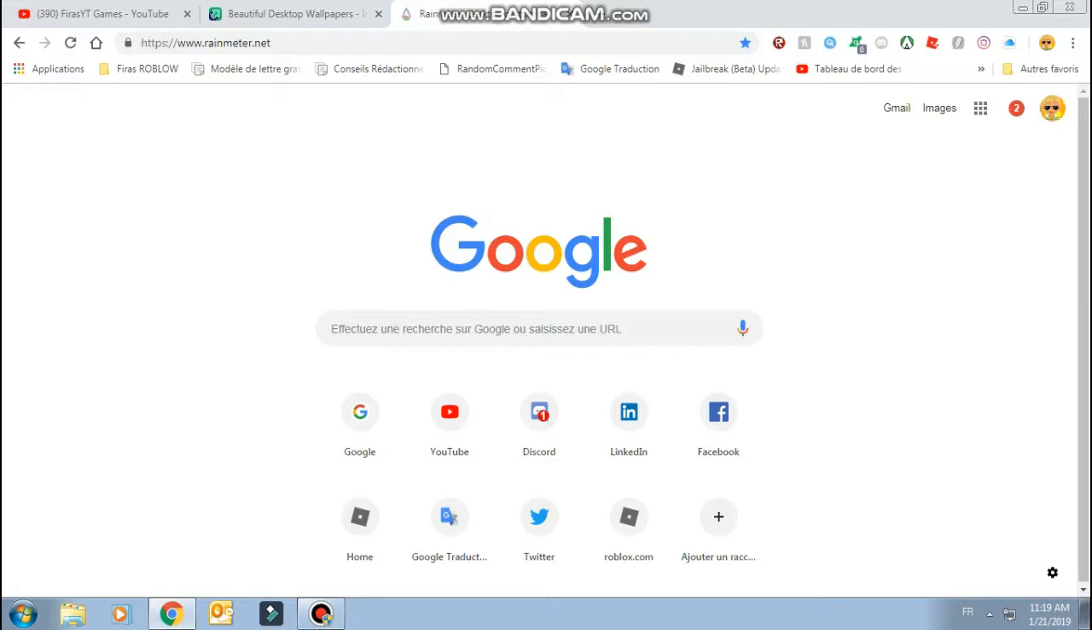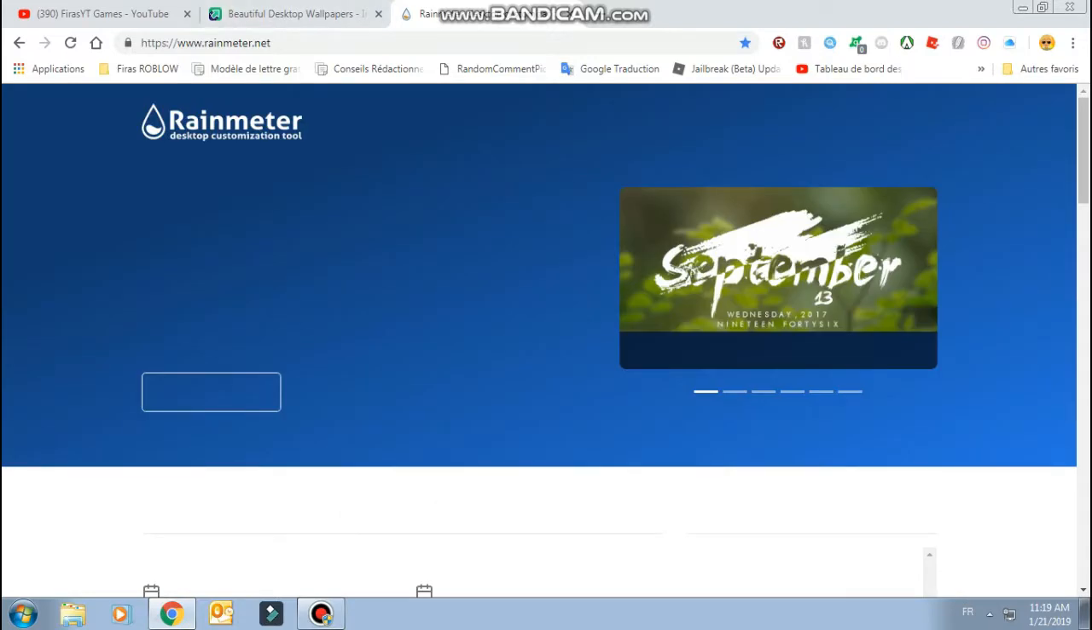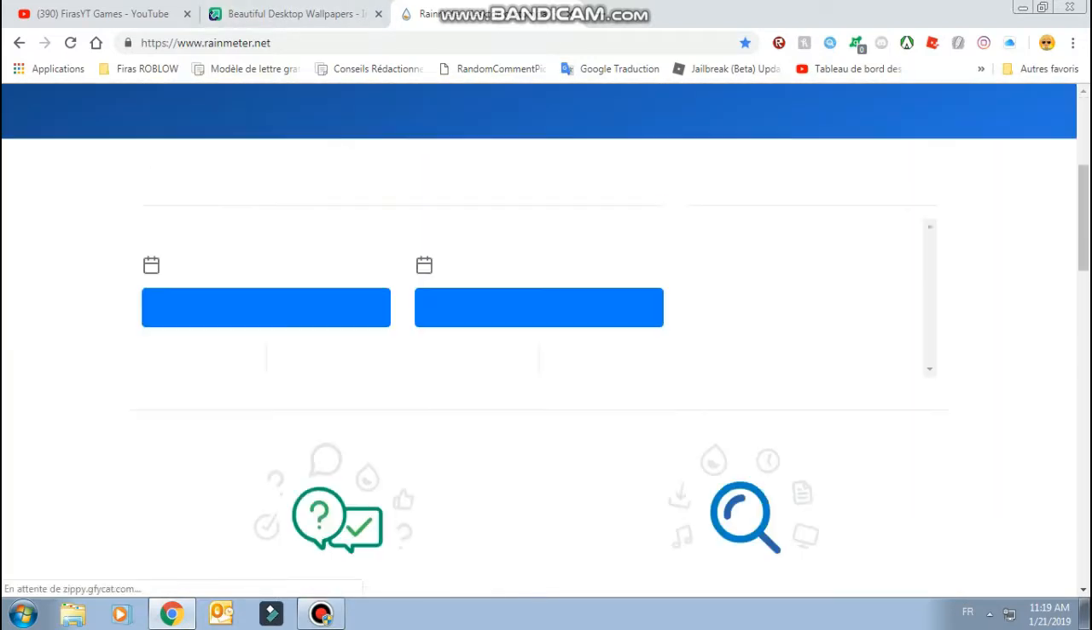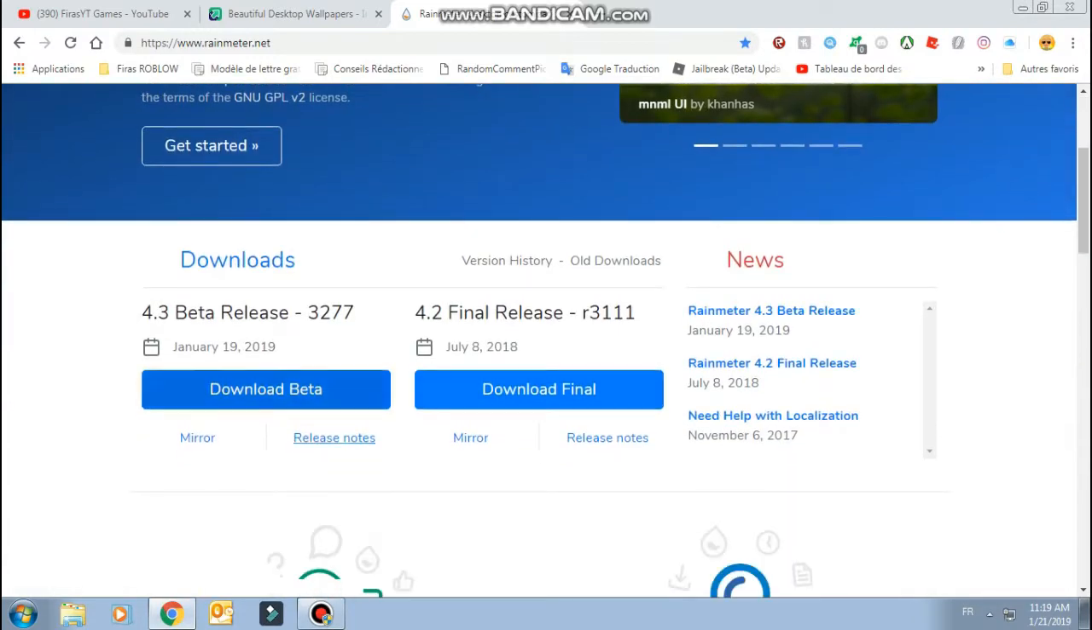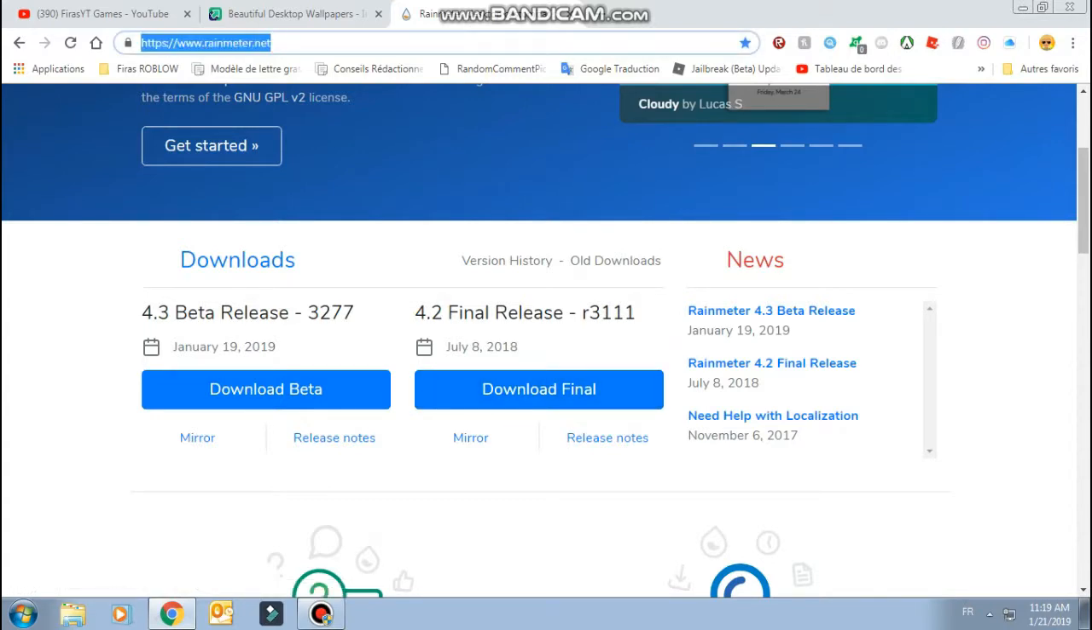And after this one, you have to download Rocket Dock. So basically, go down there and don't download Beta because it's going to break your PC. This is the 2019 version, but it's bad now. The final release of 4.2 is the best one. Download the final. You download it, then go for